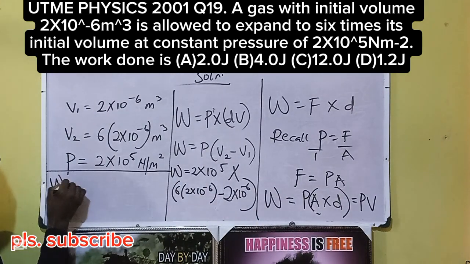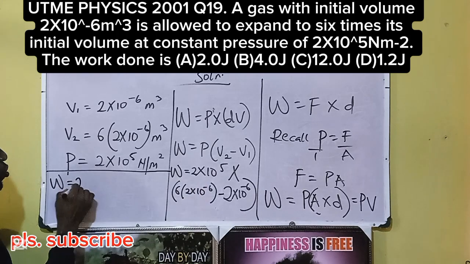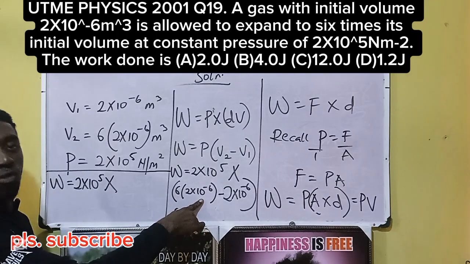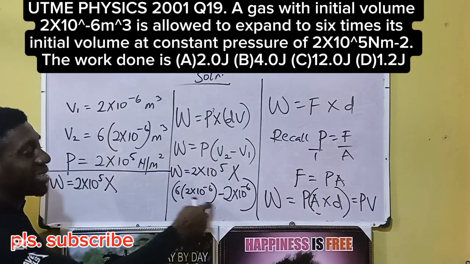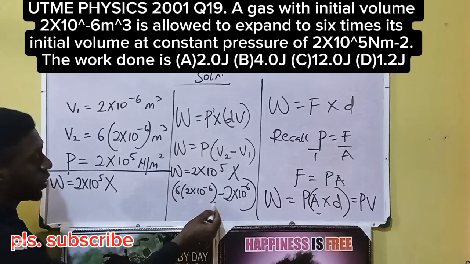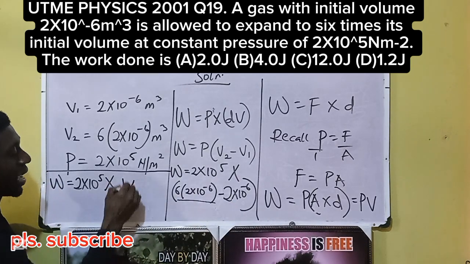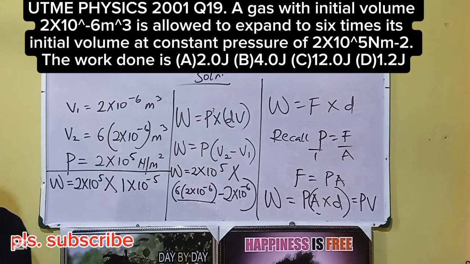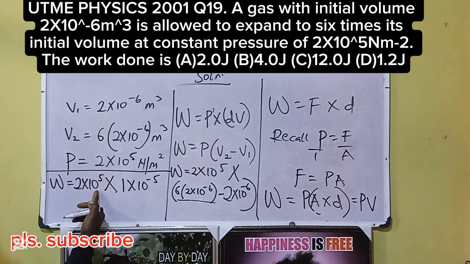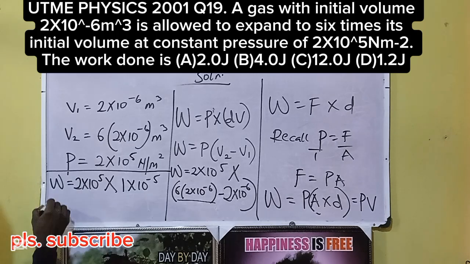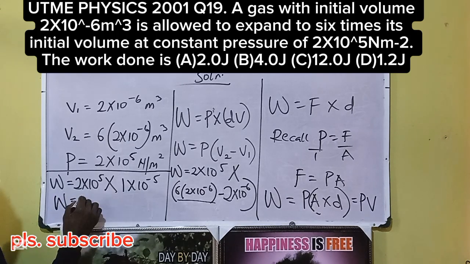Then the work done now is, I won't solve this, just bring it down: 2 times 10 raised to the power 5 times 6 times this first. After getting the answer, then subtract this from it. Solve this, folks. Then subtract this from what you have there. We'll be having 1 times 10 raised to the power minus 5 as the change. Then multiply this by your laws of indices. Then we'll be having W is equal to 2